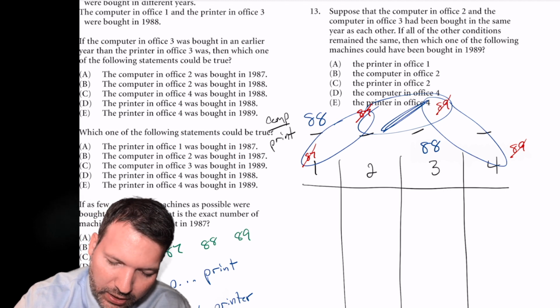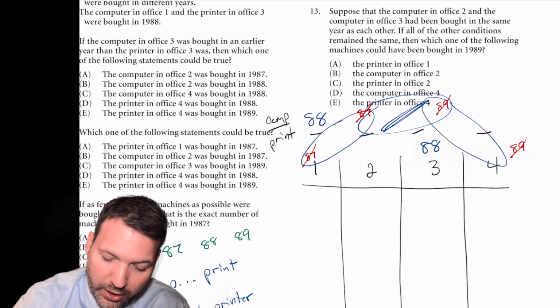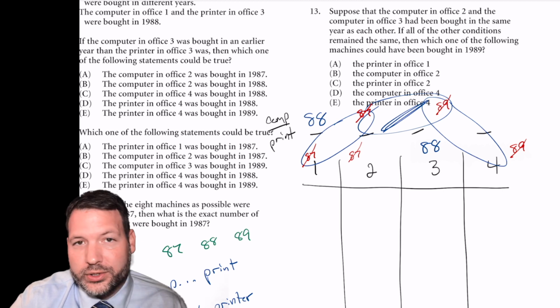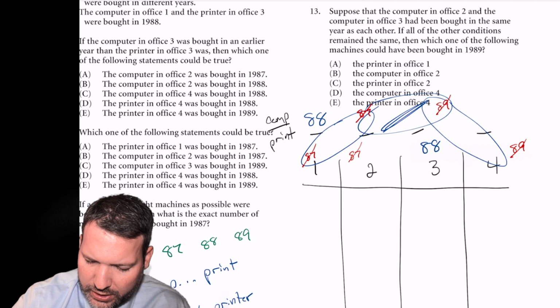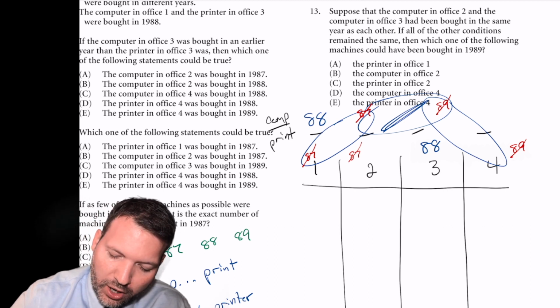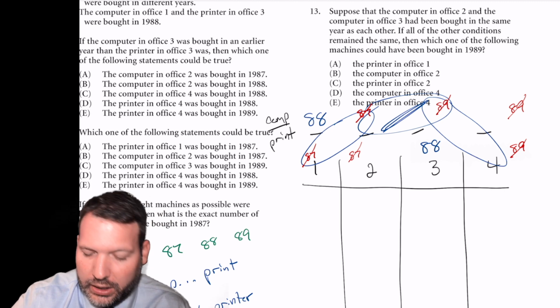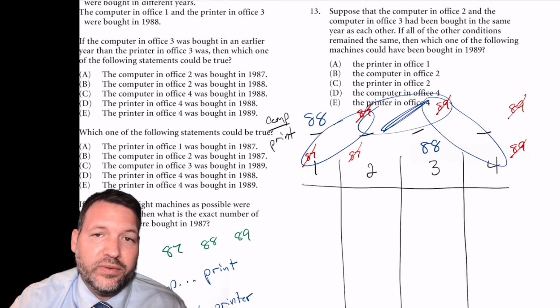I guess there are a couple other deductions here. If the computer in Office 2 is not 87, then the printer also can't be 87, because of course it can't be any earlier than the computer. I think we could even say, yeah, if the printer in Office 4 is not 89, then the computer up there would not be 89. I think that's all the deductions here,